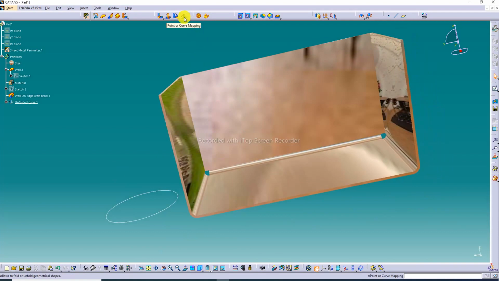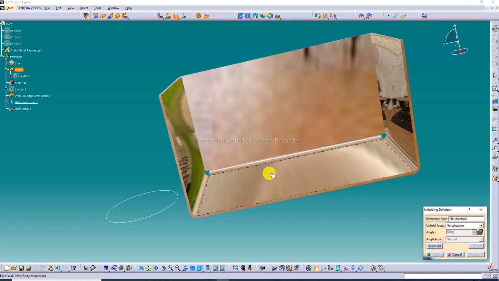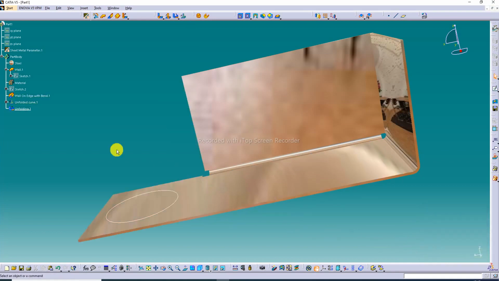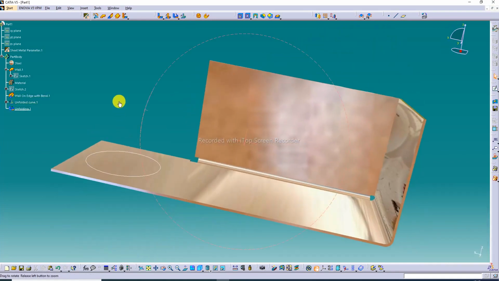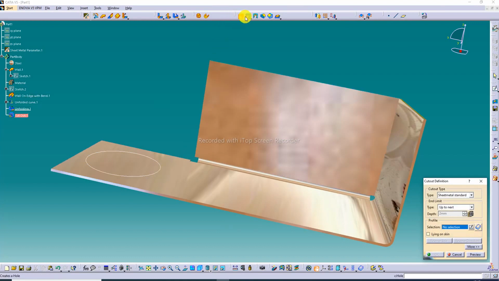At first this face is unfold. Okay, this is unfold, and at first select this face and this. Okay, this is correct. Fold is unfold, and this body is cutout. Select here, and next lecture I will explain cutout in detail, but today with the help of